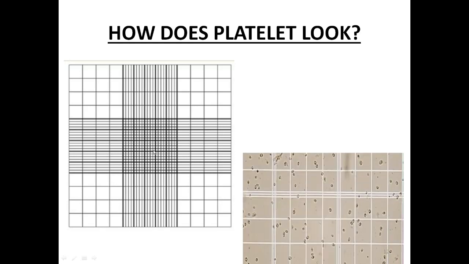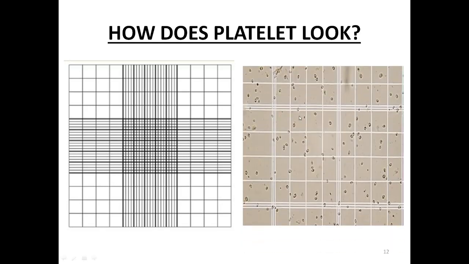Now, how exactly the platelets look is shown in this picture. This is how the platelet looks, and it looks like refractile bodies. Once you focus this part and do the fine adjustment, the platelets will appear, disappear, appear, disappear. In that way, when you do the fine adjustment, you can see them, but artifacts will not behave in the same way. This is how you can differentiate platelets and artifacts, which I have shown in the video.